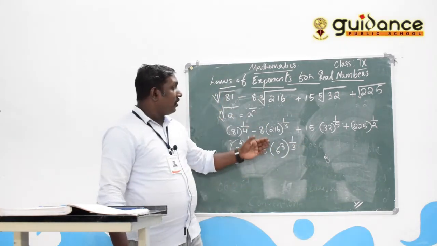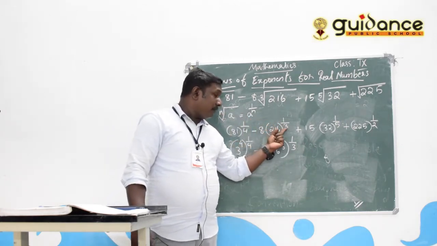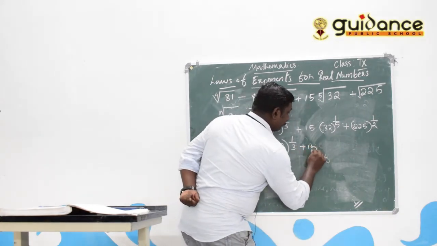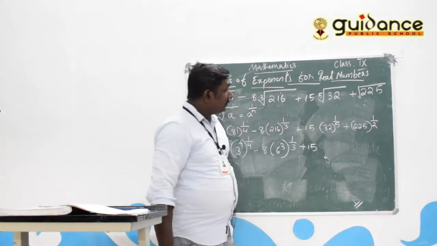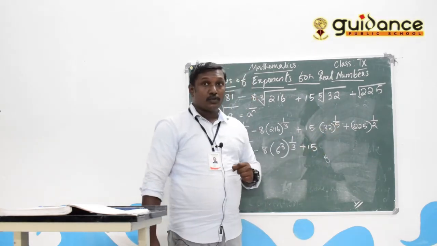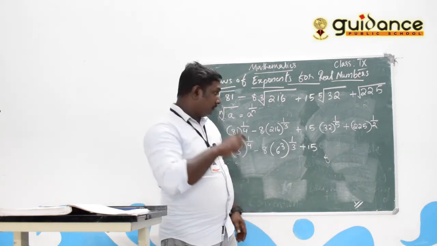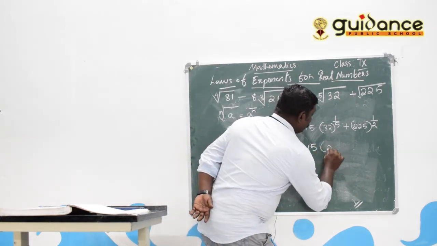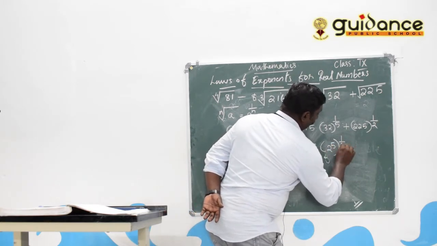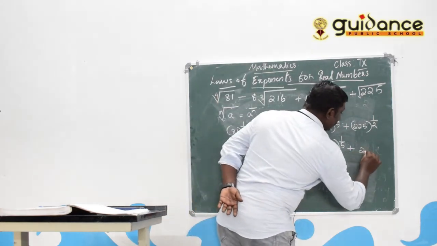So 216, how can we identify it is a cube of 6? Because the denominator of the exponent is 3. So plus 15, 32, and look here, the denominator of that exponent is 5. So to undo 32, we want to write it as the exponent of 5. So it will be 2 raised to 5, all raised to 1 by 5. Plus 225, that we can write as